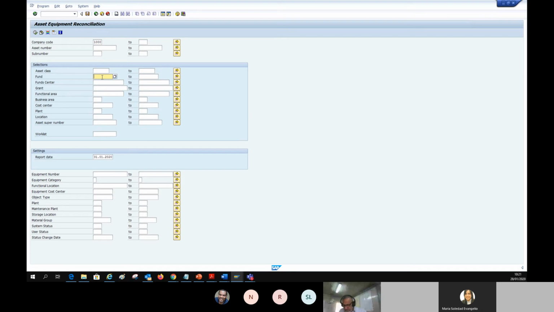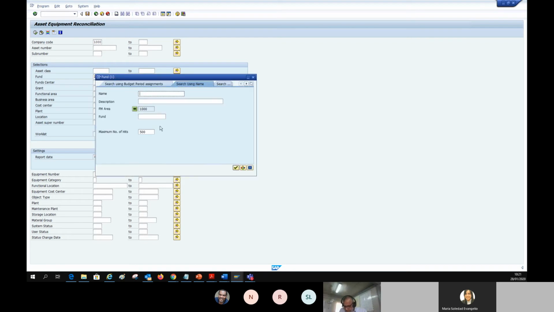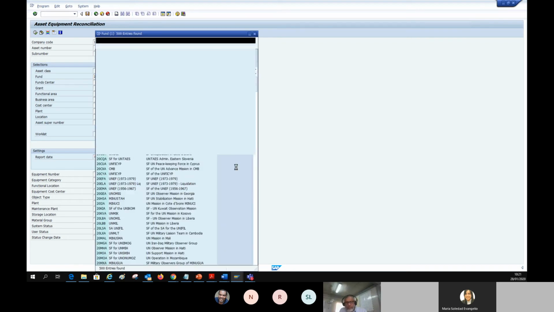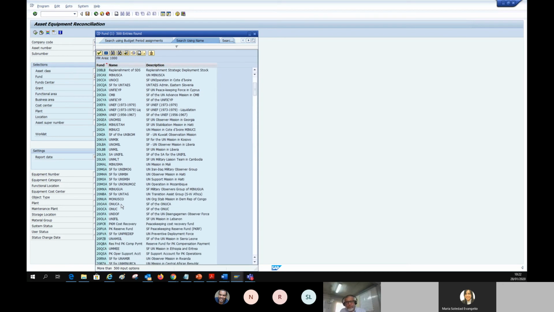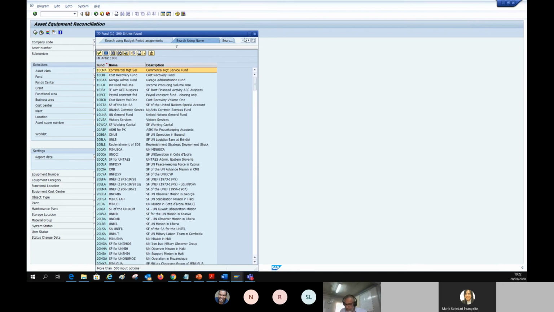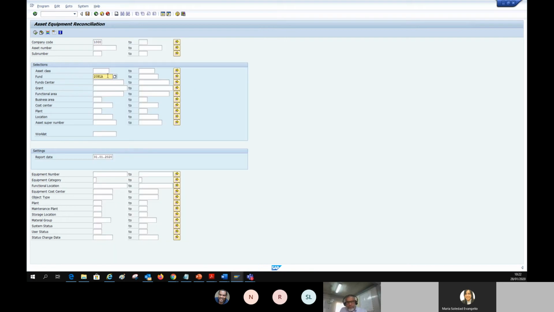In my case, in the training environment, I'm going to use 20 BLA as a fund code, which is the fund of UNGSC. But in your case, when you run this in production, just enter your fund, okay? So you can always, as usual, search here and try to get UNAMID, and you select it, and that's it. So after selecting the fund, I'm going to run the report,